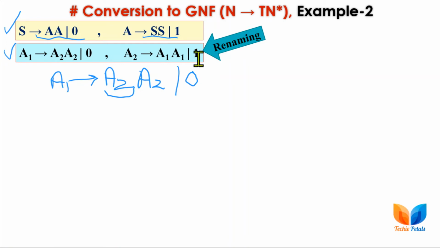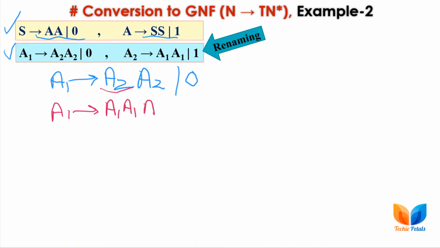For this substitution, the first substitution will be for the first rule, the second for the second rule. If we have more than two rules, then we have to substitute all the rules here. So starting with the substitution process, for A2 we have to substitute all the production rules of A2 in the right hand side. First is for A1, as we are working with A1. After substitution, the grammar will be this: A1,